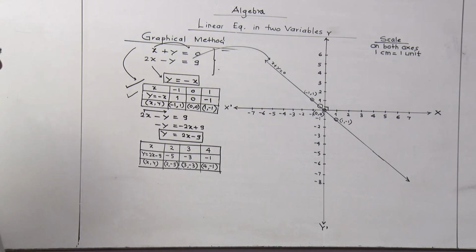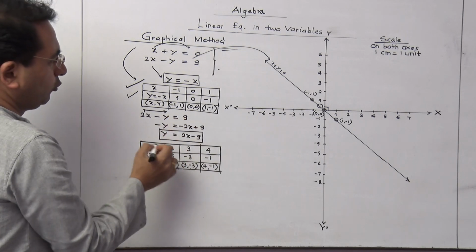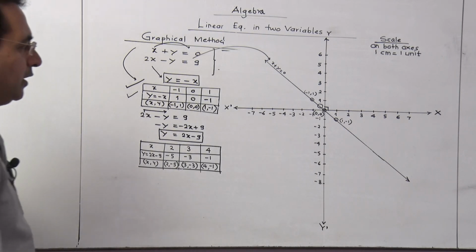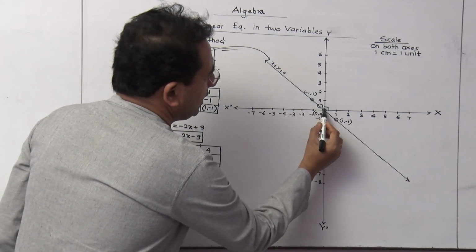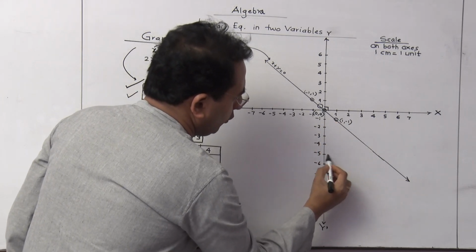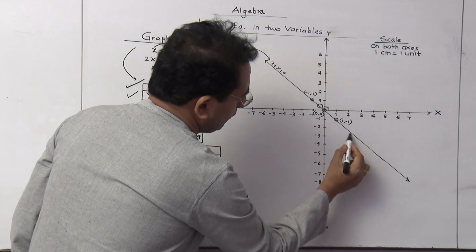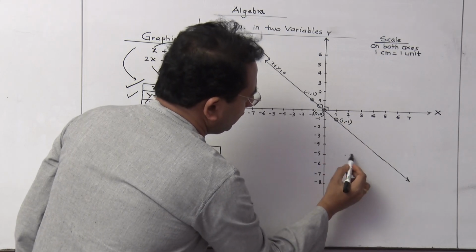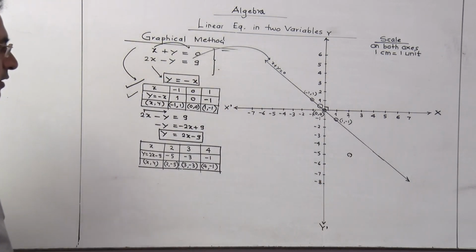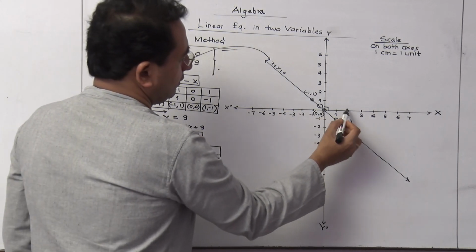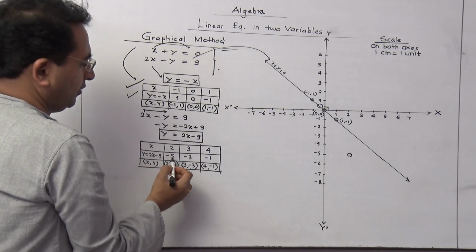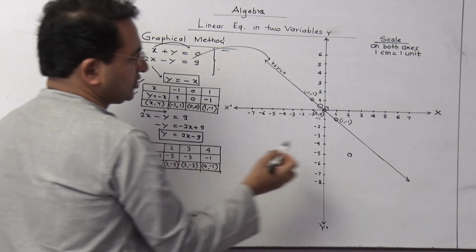Now let us go for the next plot. Second line we have to plot on the graph. 2, -5 is the first point. Let us write this. It is 1, 2 and then below that you are going to check this. I think you are going to get this point. It is this point, that is 2, -5. It is 2 on the right and below that 5 units. So 2, -5.